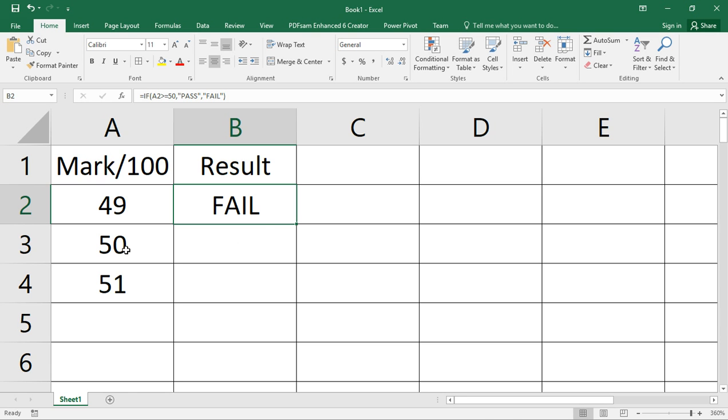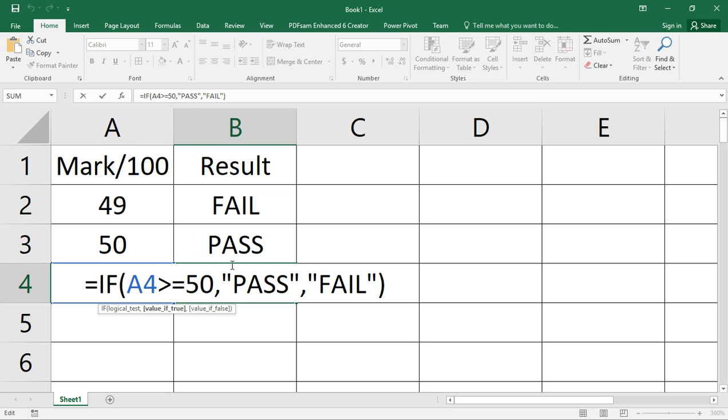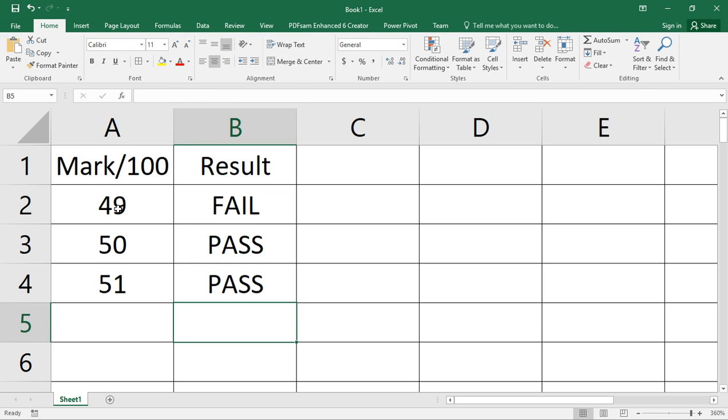By that I mean the formula here will need to have A3 where I was saying A2. So if I click on the cell with the formula, I go to the bottom right corner, and the cursor changes to a small plus sign. Then I drag the small plus sign down. You can see the formula has been applied, here it's now A3. If I click there, it's now A4. You can see that these are passes and these are fails.